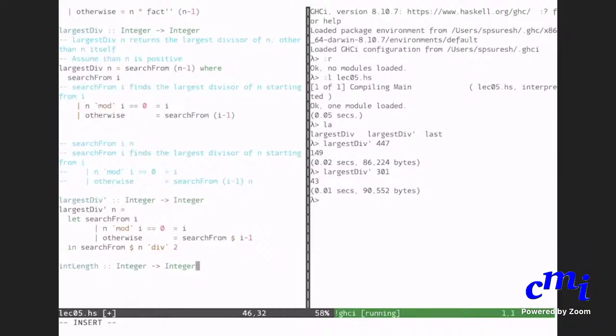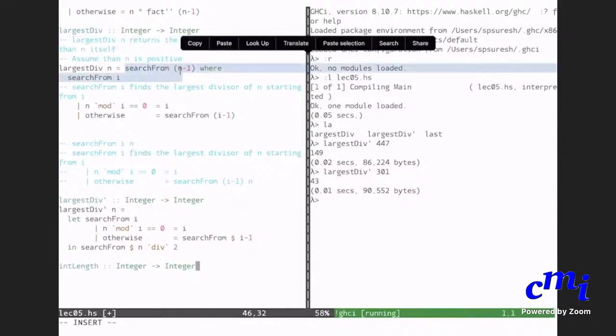Sir, I was asking what exactly does in search from whatever argument do? No, I'm saying this. The definition of largest div prime n is nothing but search from n div 2. Exactly like this.